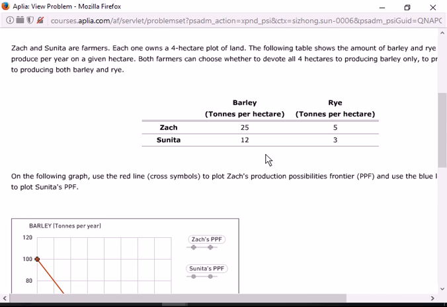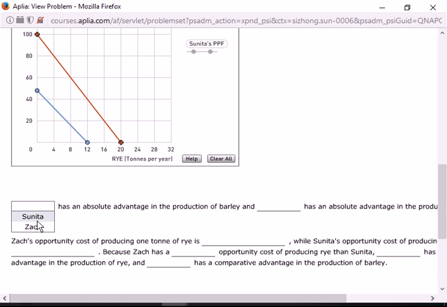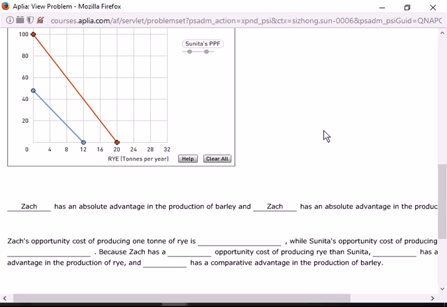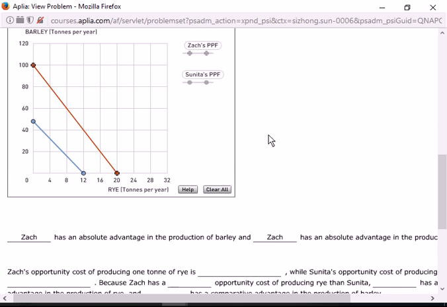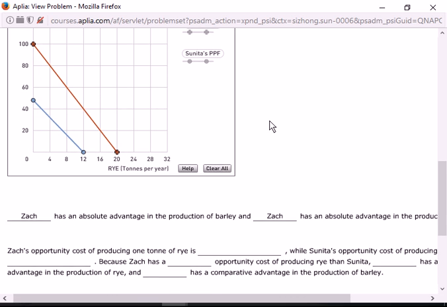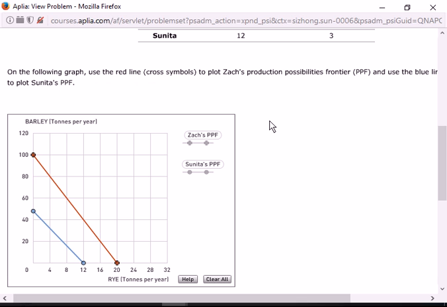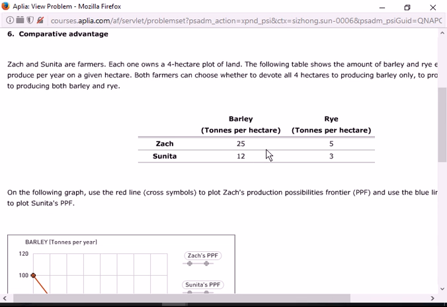So now let's compare the productivity. We can see that Jack has an absolute advantage in producing both barley and rye, because he has higher productivity. However, let's think in terms of opportunity costs. Jack's opportunity cost of producing 1 ton of rye: let's look at Jack. If Jack produces 1 ton of rye,